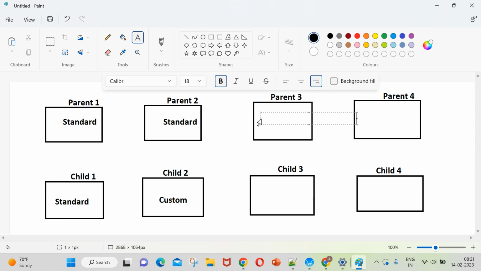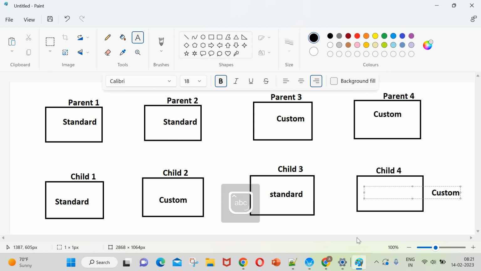Now it might be the custom object. So both custom. It is also custom object, which means,